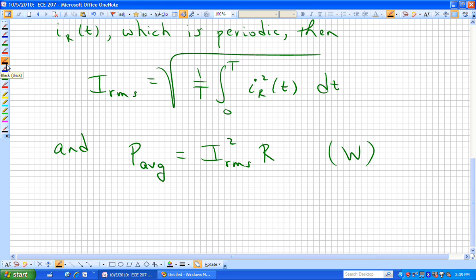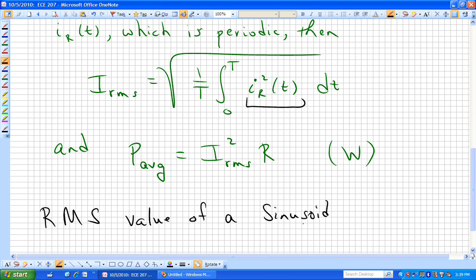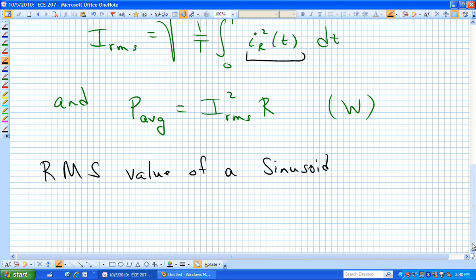If we actually specialize that time domain waveform, I sub R of t, to be a sinusoid, we can then actually compute this for a generic sine wave and see the relationship between magnitude of this periodic waveform, I sub R of t, and its RMS value. The RMS value of a sinusoid. And when I say sinusoid, I'm meaning that in the generic sense, that means it could be either a sine wave or a cosine wave. This is discussed